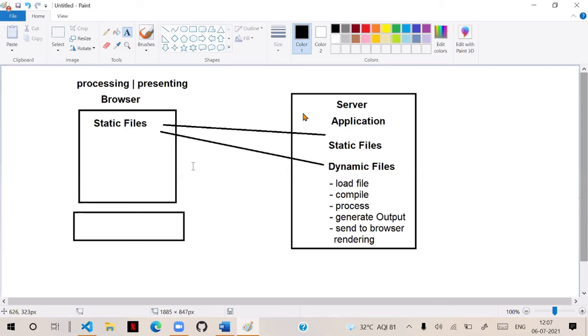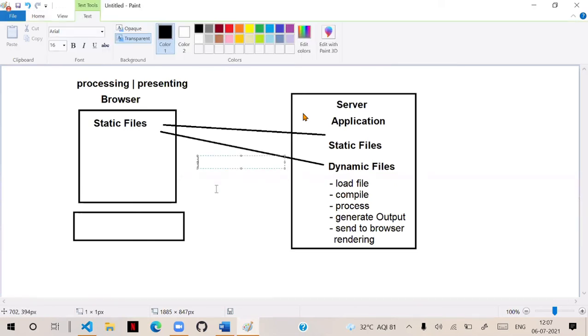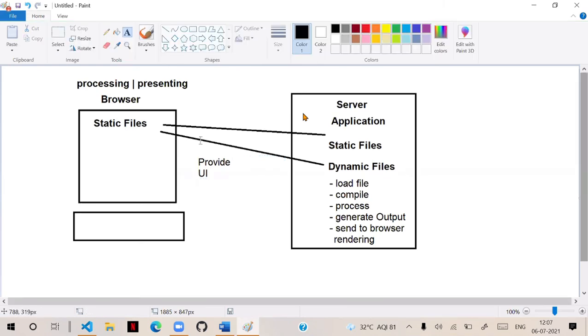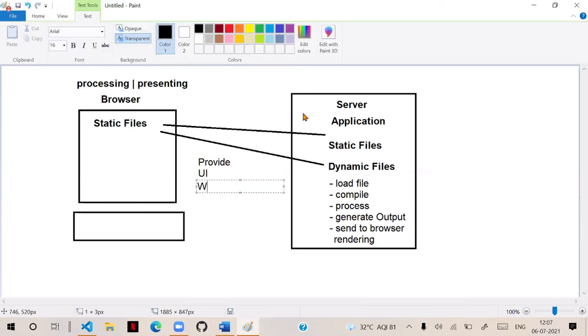What we have to do is provide a user interface for the client, from where he can interact with the resources. And that user interface is called a web page.